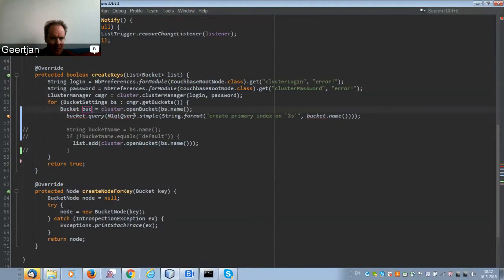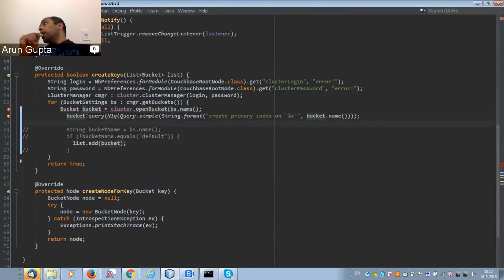So here's a bucket. And what is the query exactly that I should run on that bucket? Is that a query on the bucket or on the host itself? It is a query to the host, so it's an N1QL query.